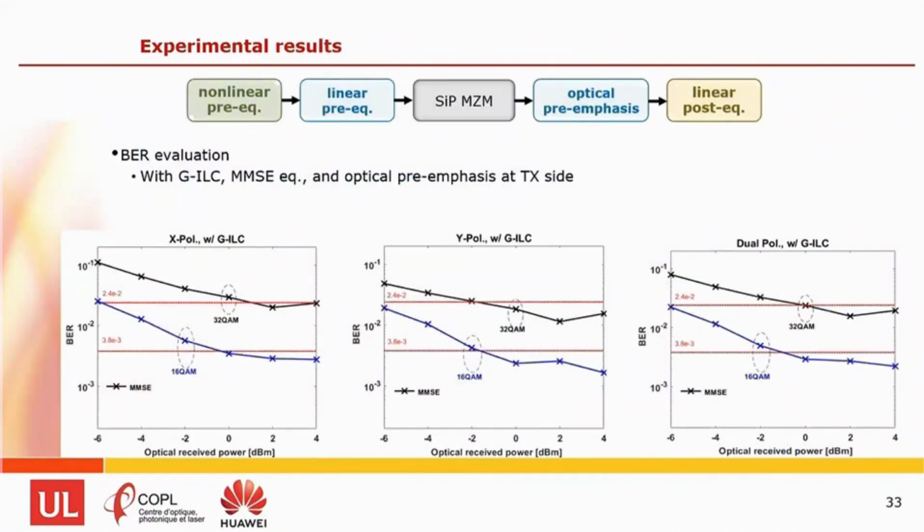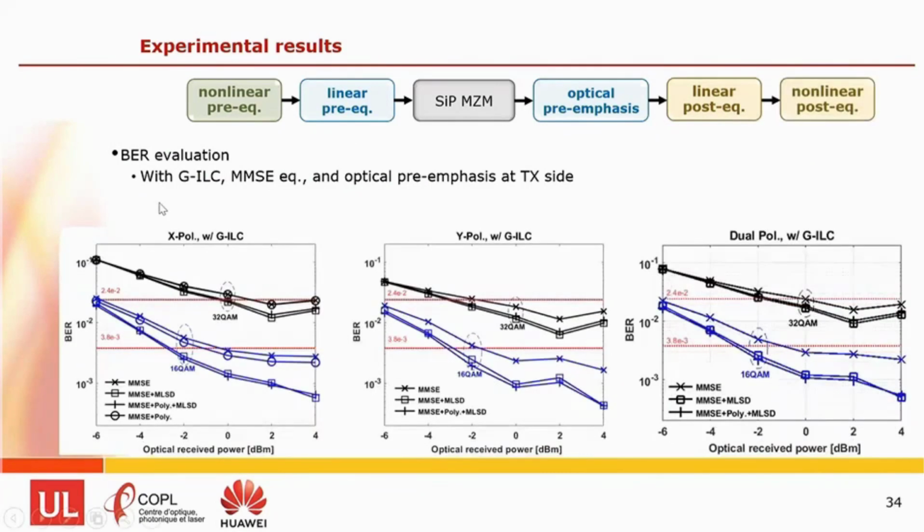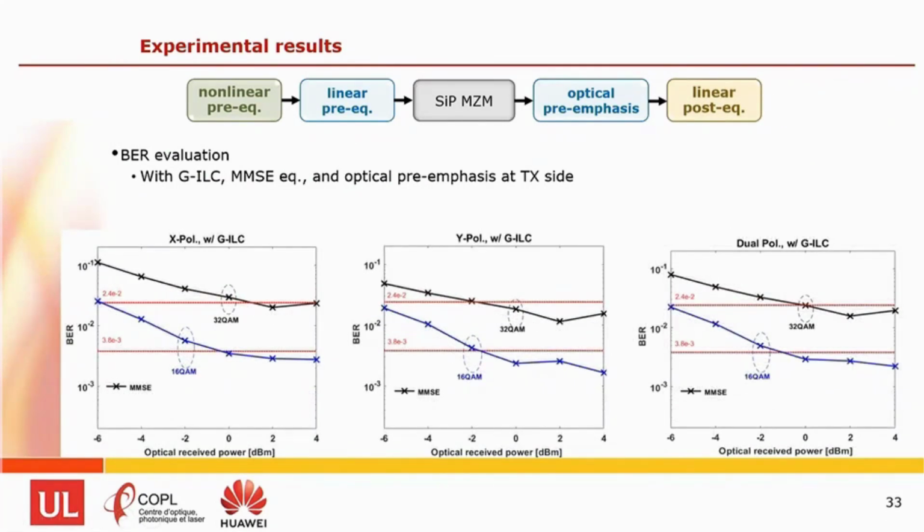So these are the final results we see. We start with bit error rate, and first we look at X polarization, Y polarization, and then an average over the 2 polarizations. In black is the 32 QAM, and in blue is the 16 QAM. And as with the single polarization, for 16 QAM we could meet the FEC for 7% overhead. However, at 32 QAM, we had to go to a 20% overhead FEC level.